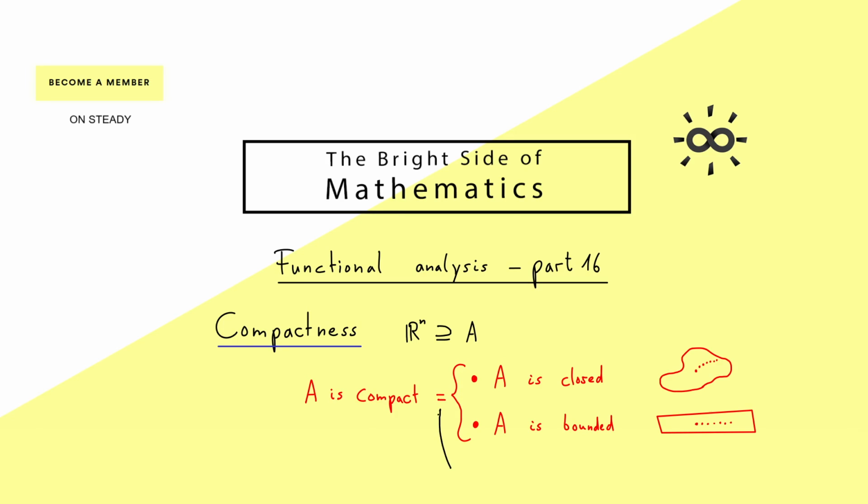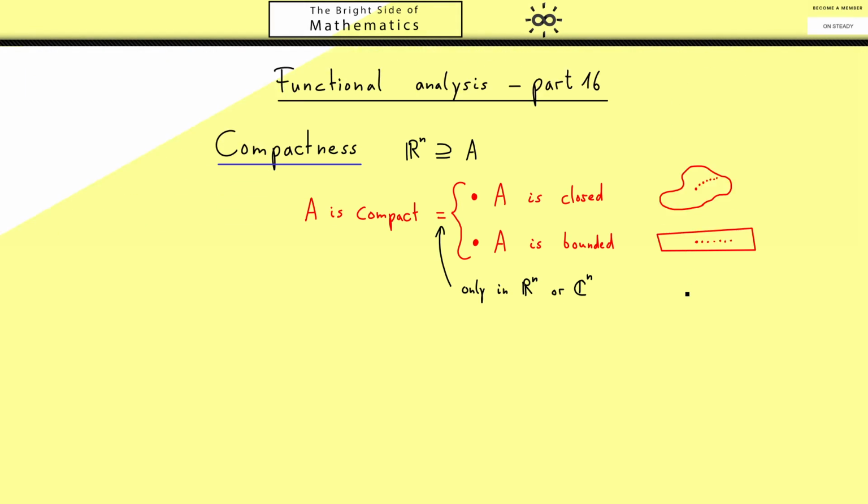However, please be careful, actually this is not a definition. This is a fact we only have in Rn, or if you want, also in Cn together with the standard metric. Therefore the correct question here would be, how can we define compact in general such that we get the correct notion for infinite sets? Of course, this is now what we will do.